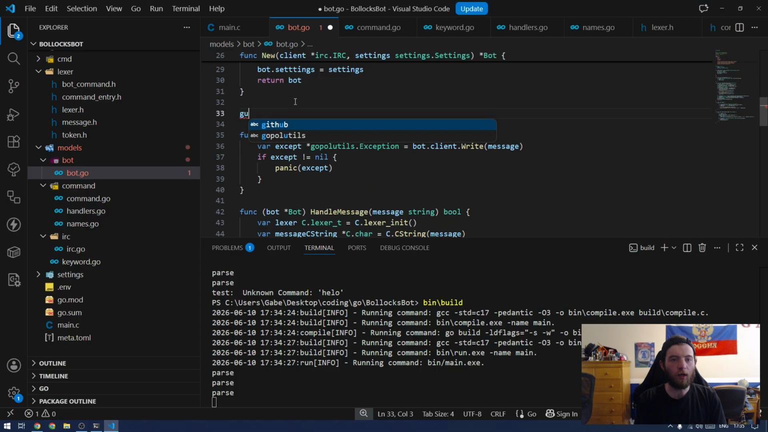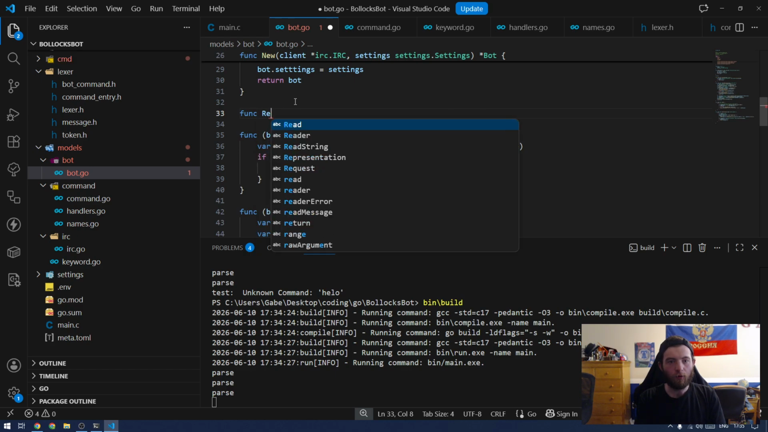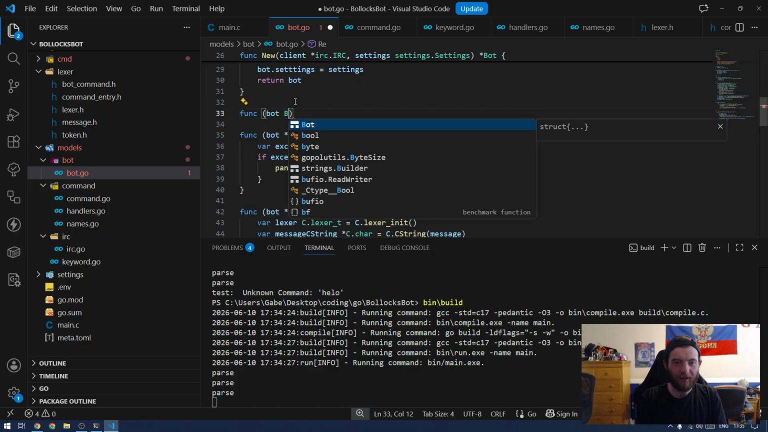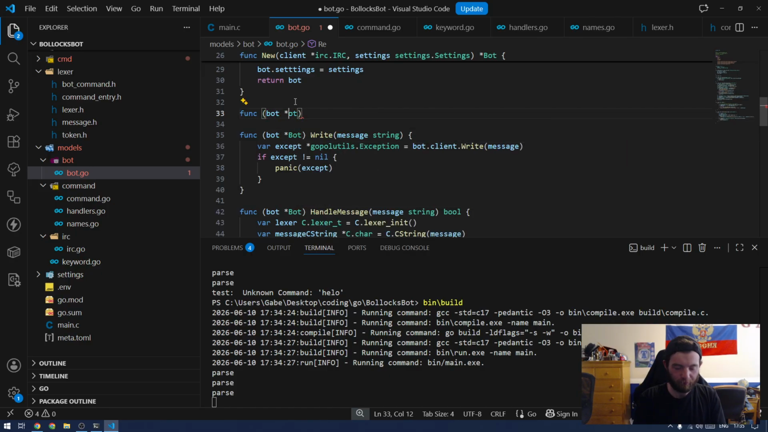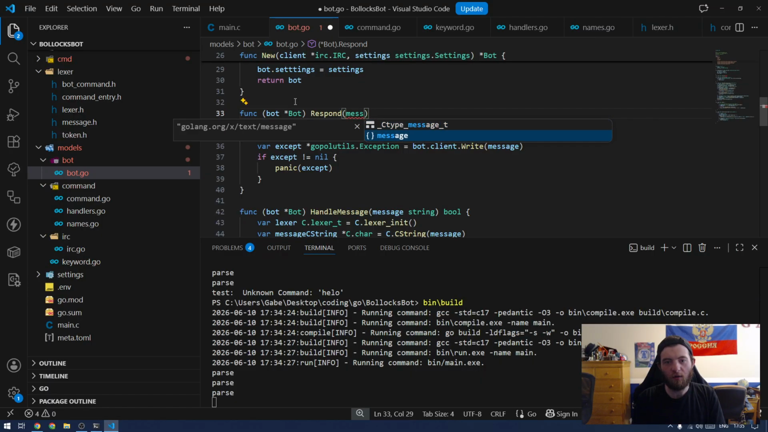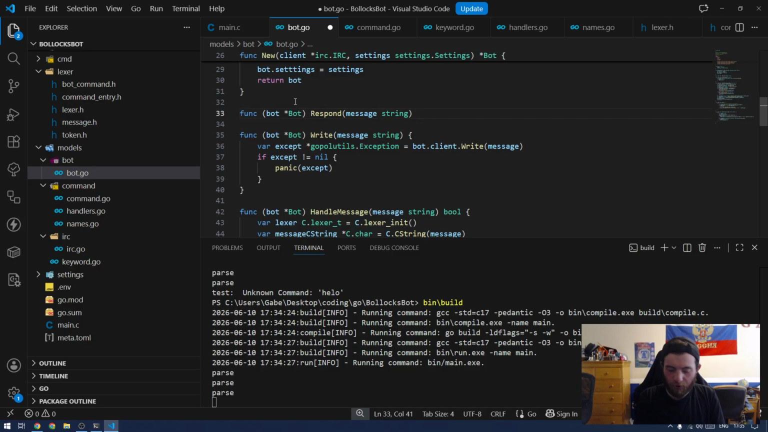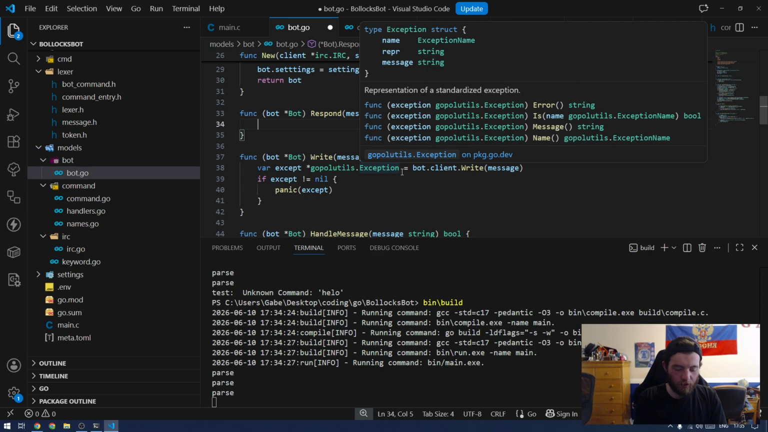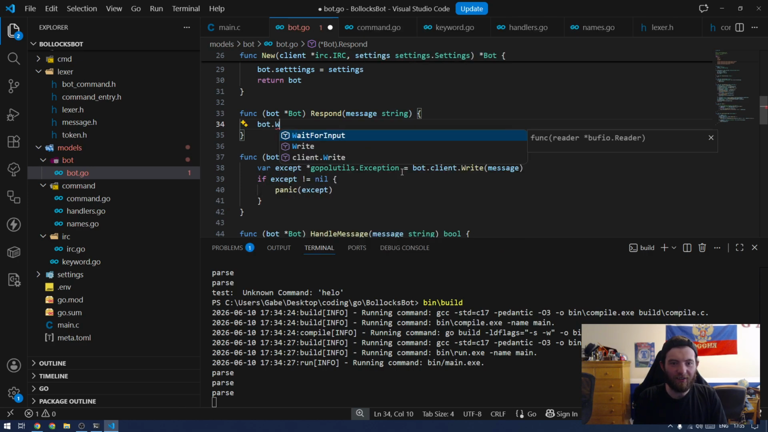Oh, how about this? Okay, we'll write a function of respond bot, and we're gonna take a pointer to the bot. I'm gonna say respond, and that's gonna take in a message, I guess, which is a string. I don't think that's gonna return anything. But we're gonna say bot dot write